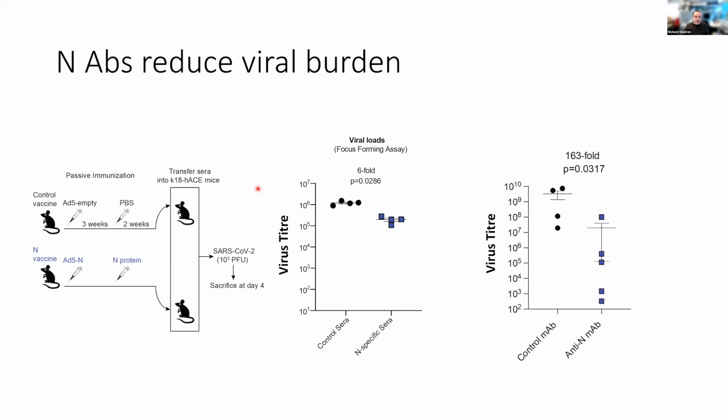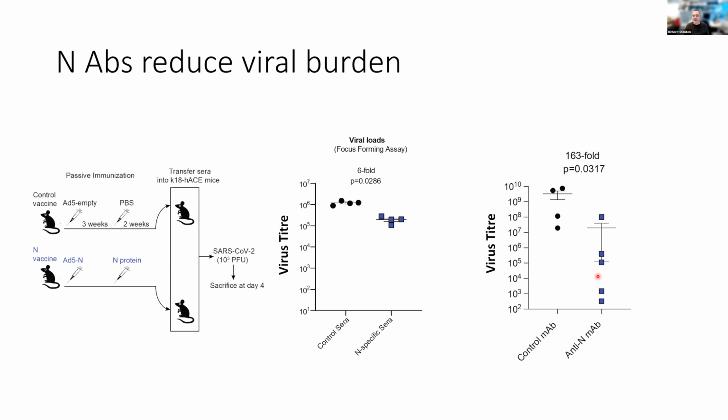And so having shown in vitro evidence of efficacy, we went on to do the challenge experiments to make sure we're looking at just antibodies rather than T-cell induction. The mice that had been vaccinated were bled and the serum was reinfused into naive mice prior to challenge. If you do this and look at titers of virus in the lung 5 days later, you can see that if you have N-specific sera, then you get a measure of protection, but the N monoclonal antibody, which bound to the cell surface better and gave better in vitro ADCC, also gave superior efficacy in vivo.